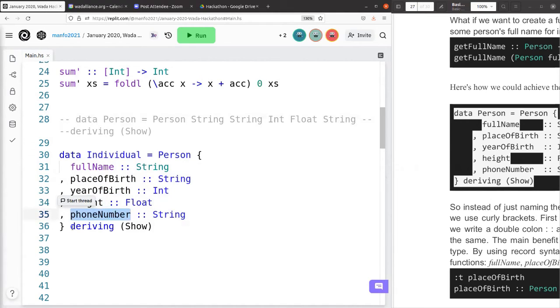So again, deriving Show just means that we are using some Haskell functionalities in such a way that it will figure out how to print or how to show an individual once we create it. So this is called record syntax. And the good thing about this is once you do this,